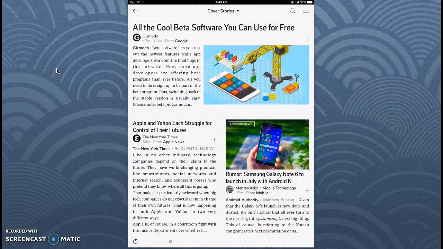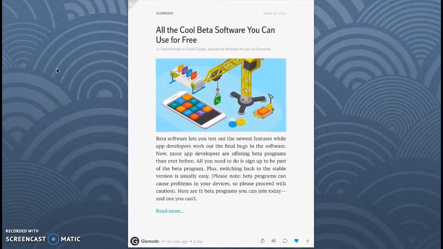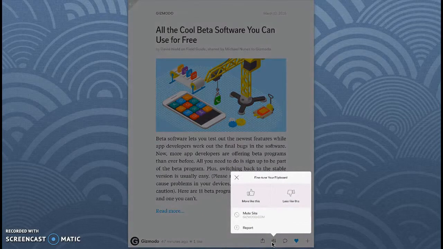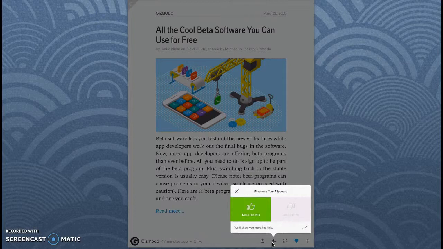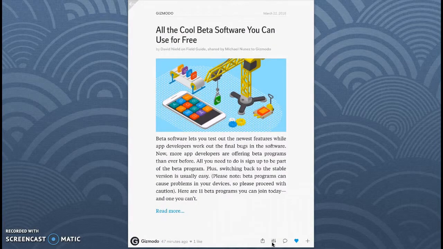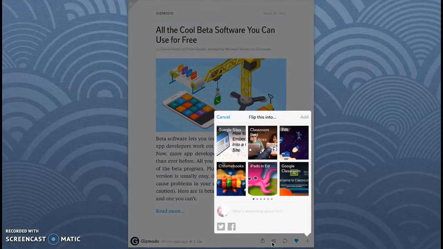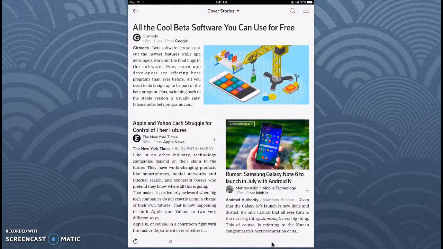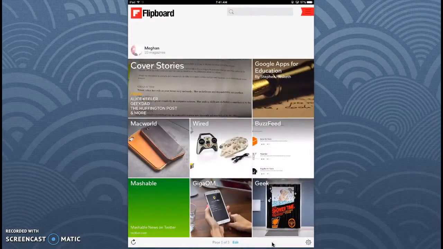And if there's an article that I'm interested in, I can just touch that article, open it up. I can read the entire article. Here's where you have some little filter options, and here's where you can fine tune. So if I want more articles like this, I just hit the thumbs up, and that way you can fine tune that news feed that's coming into you. And again, I can hit the plus sign if I wanted to add it to a magazine.